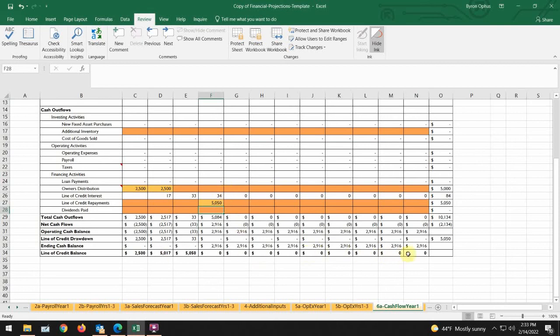If this is a growing problem down here, if this continues to grow and you don't have adequate cash to pay it off, then you've got a problem with your projections, right? Your sales forecast may be too low, your expenses may be too high, your payroll may be too high. Okay, it's one of the easiest things for me to check and see if you've got that kind of a problem. I'm going to email you back and say, we're going to have to do some adjusting here if we're going to make this business profitable or at least have a positive cash flow. Okay, I'm going to delete these and then we'll go on to